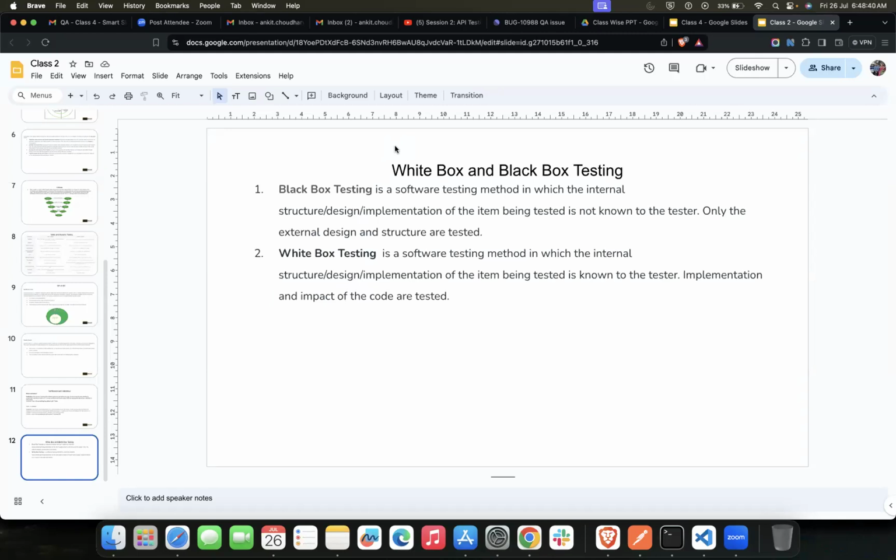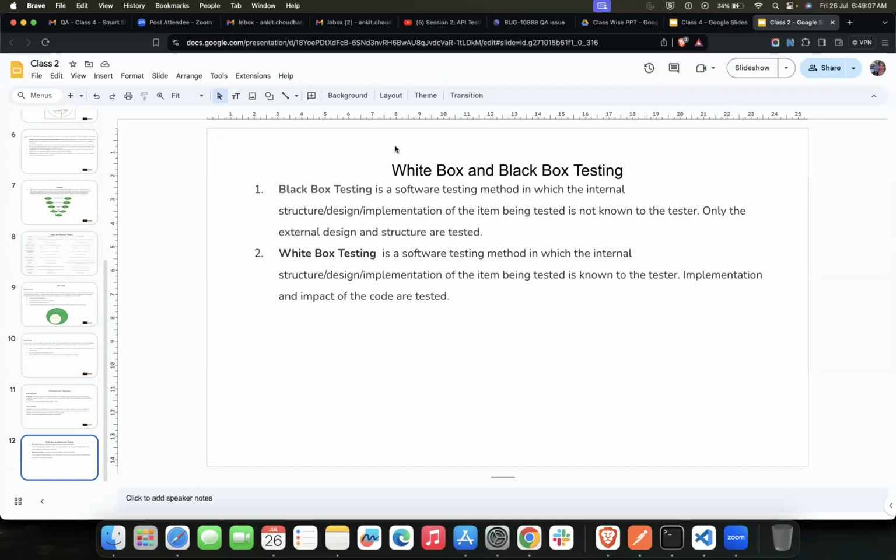You need to be a bit honest and a bit smart as well. If it was an interview and I straight away asked for a black box testing example, you just have to think a bit harder about what exactly the definition is and try to come up with an example. If not, you can say, sir, I'm not able to come up with an example right now.